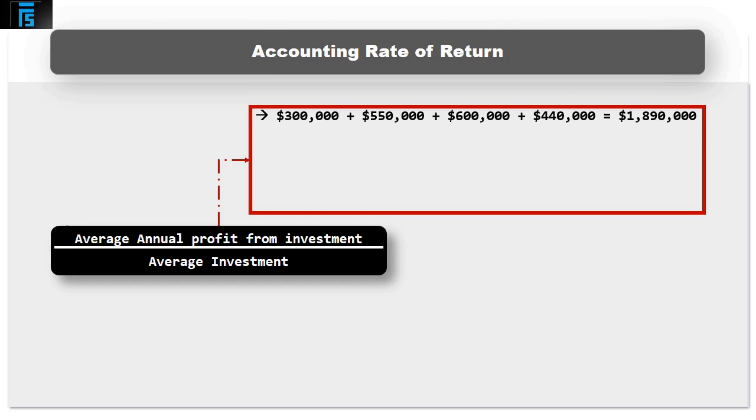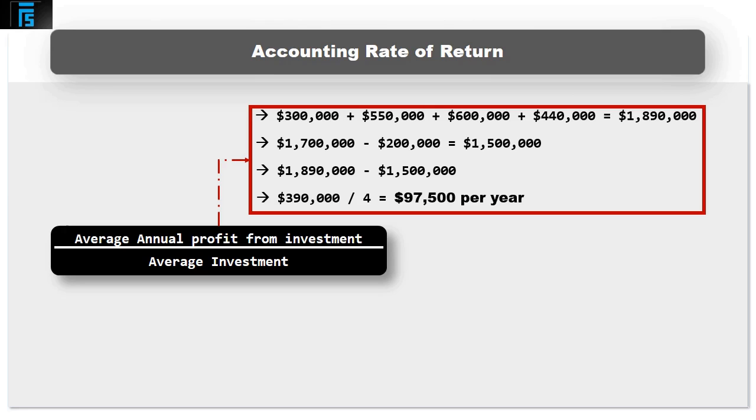Total depreciation would be the difference between initial cost and scrap value. So $1.7 million minus $200,000 is $1.5 million. So total profits after depreciation would be $1.89 million less $1.5 million depreciation is $390,000,